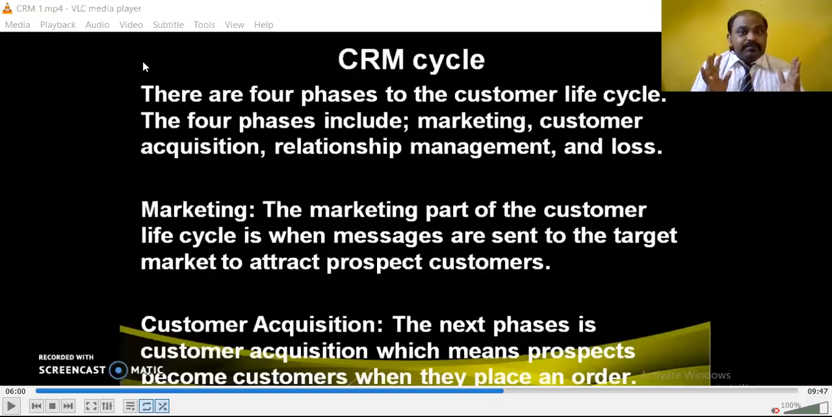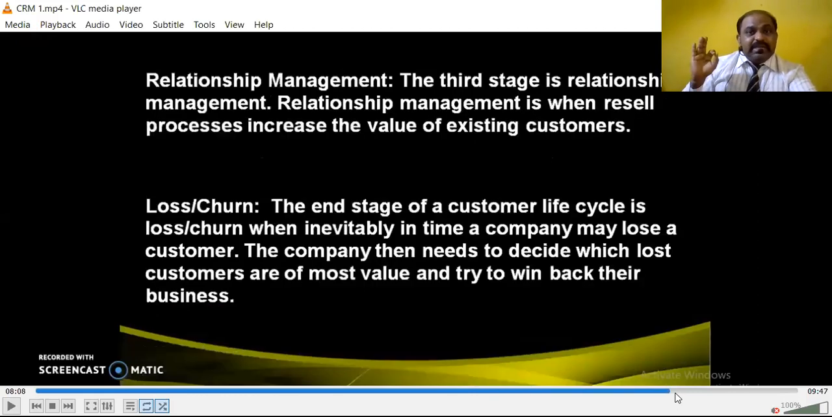But as a company, you can also gain the customer, maintain the customer, even those customers who have made up their minds to leave you, by effective presentation with them, effective dealing with them. So the second and the third phase of the customer life cycle is relationship management. The third stage in relationship management is when